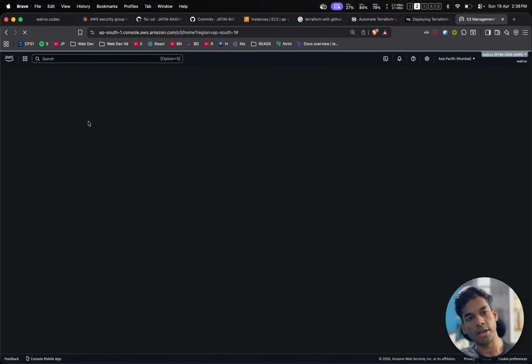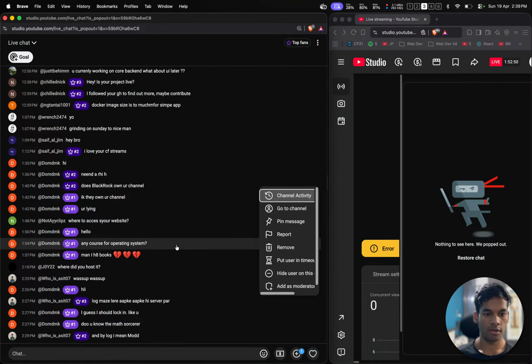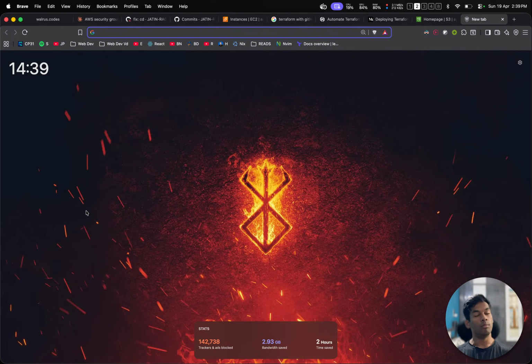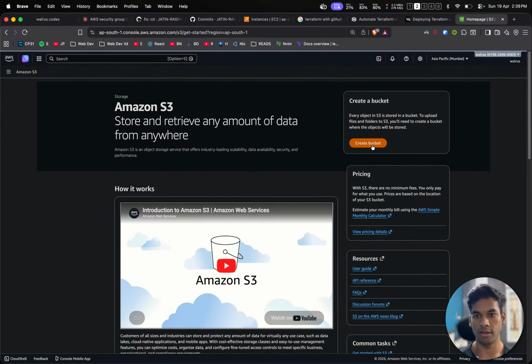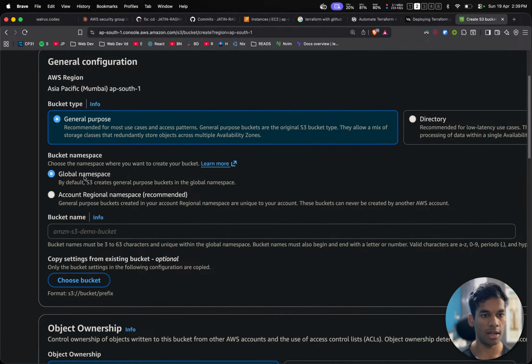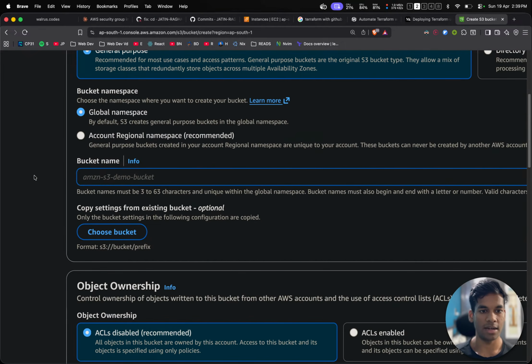We will create a bucket and upload something big onto it, like a movie. Let's first of all create the bucket. General purpose, yes. Global namespace. By default, S3 creates general purpose buckets in the global namespace. Bucket name,